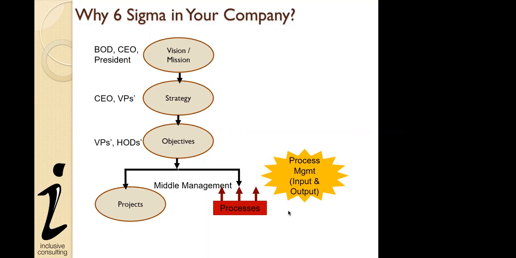Invariably, in the majority of organizations, in any particular average year, you will have more processes than new projects or new initiatives. And that is where Six Sigma becomes applicable. Six Sigma is designed more towards controlling the process aspect. Whatever the inputs to your process and whatever the outputs from that process, Six Sigma controls that and makes sure those have the minimum amount of variability in terms of your customer